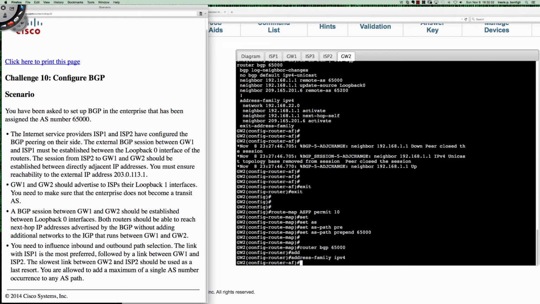All right, so okay, this is actually going to be a little more complicated. These challenges actually are a little more complicated than the normal activities. So we need to do this, but we're also going to have to affect